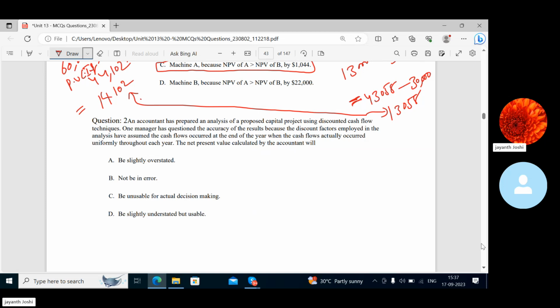So we should understand the question. An accountant has prepared an analysis, similar to the analysis in the previous question, of a proposed capital project using discounted cash flow techniques. So an accountant has prepared an analysis of a proposed capital project using DCF techniques. One manager has questioned the accuracy of the results because the discount factors employed in the